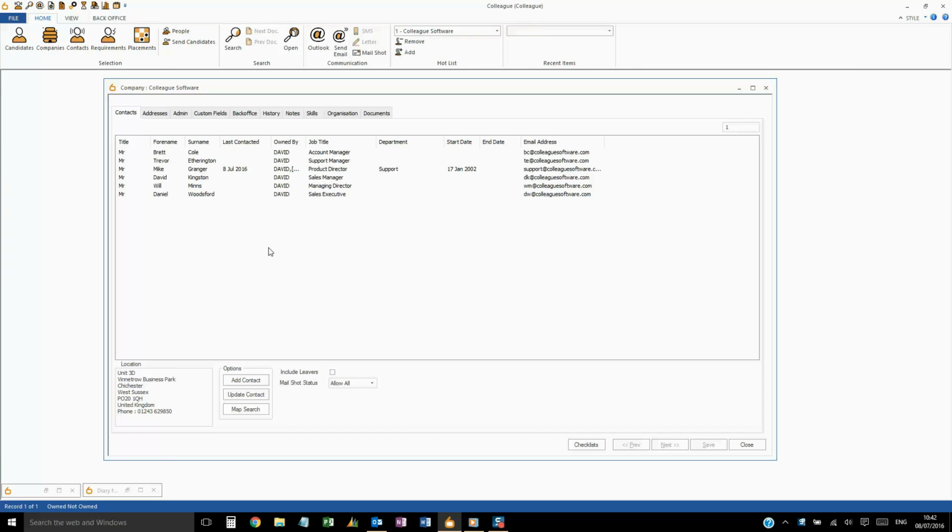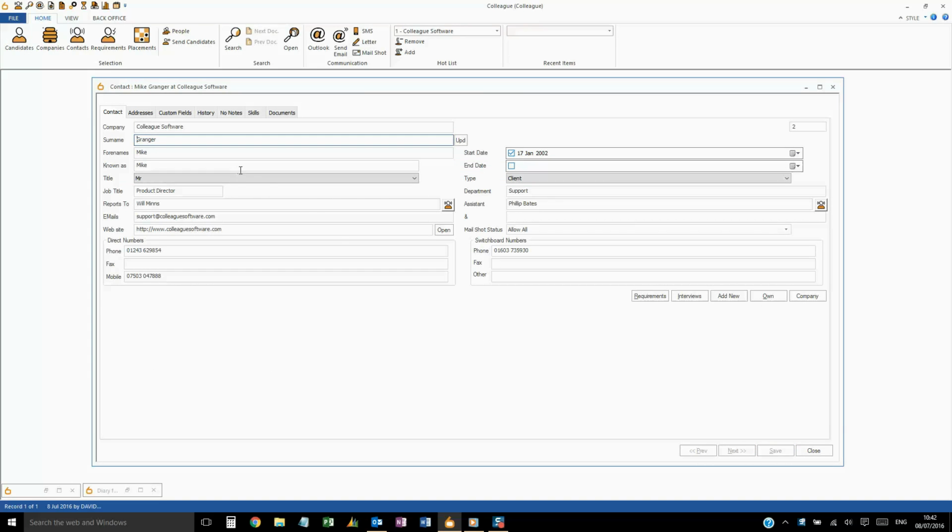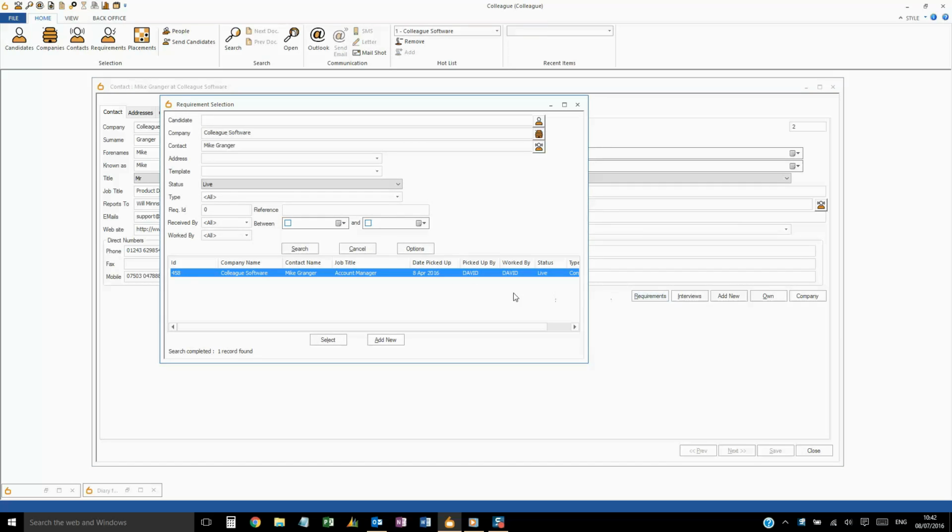Let's look at a requirement record. Requirement is the terminology used by Colleague to represent a job or a vacancy. If we click on the Requirements button, it will bring up the live requirements raised against this contact. It is always recommended that you generate your requirement from a contact record, and for this example, that is what